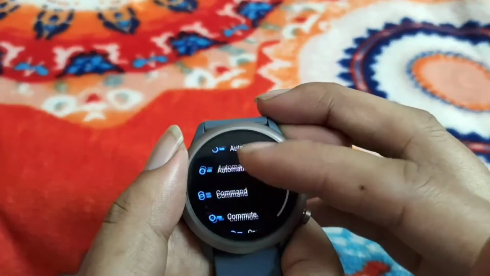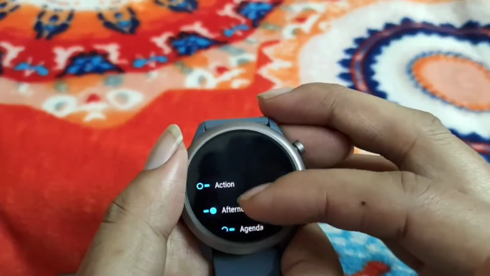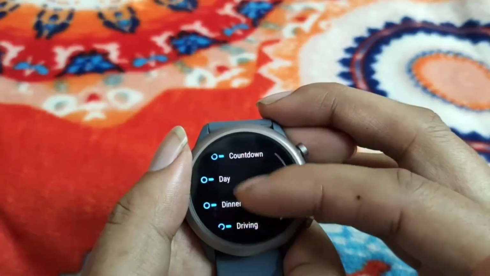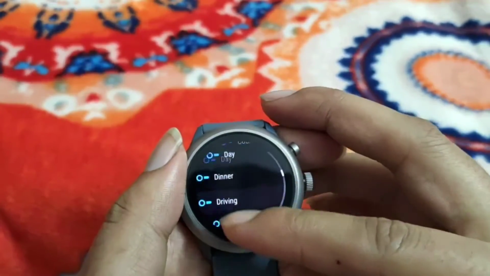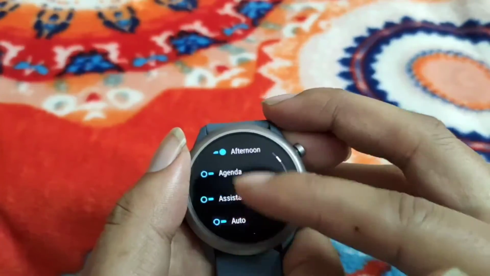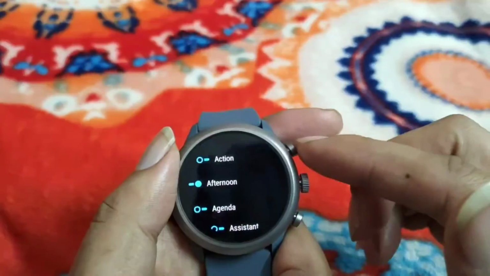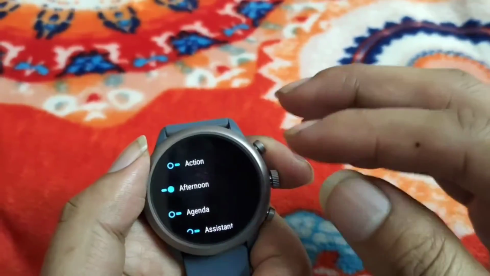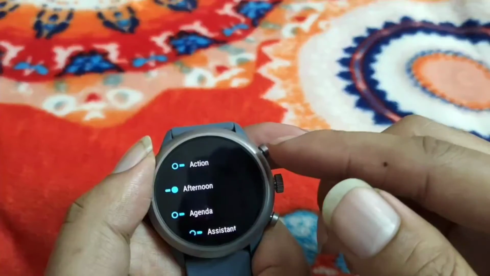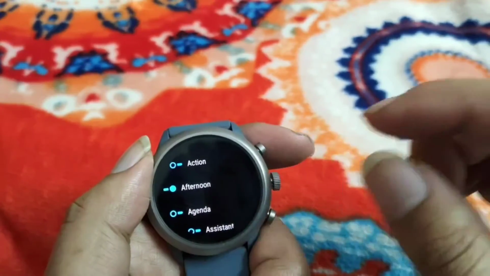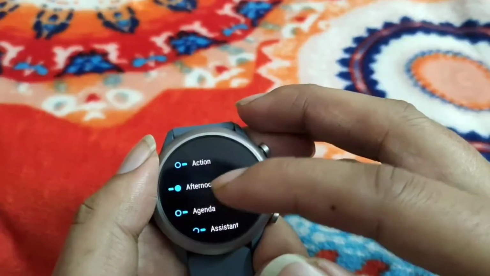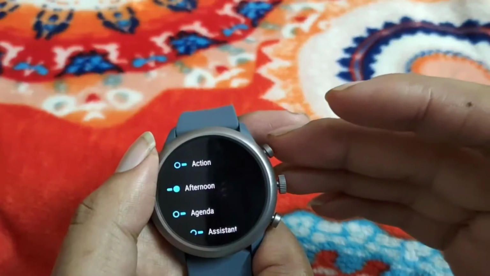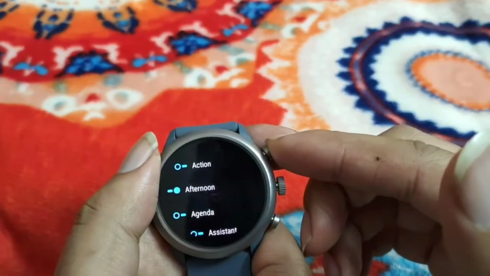So I have used afternoon. As you can see, there are different things available, like countdown and day driving. The main purpose is that if you assign afternoon, it will be available outside the Wear OS settings as an application. So I will assign this application name, afternoon, and it will be available for assigning a shortcut to. And when I click on it, what it will do is it